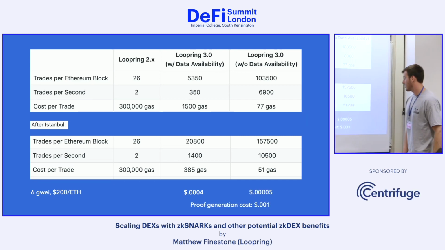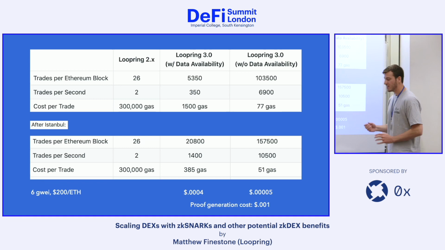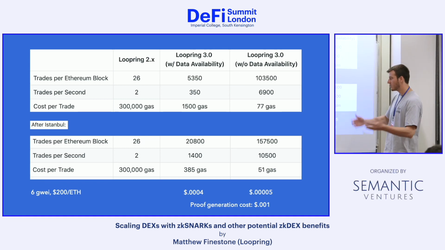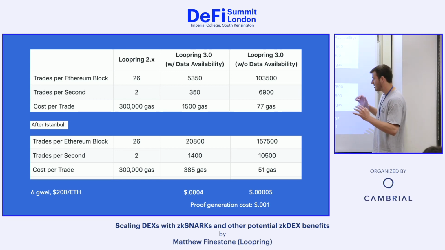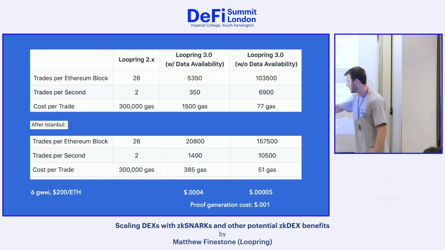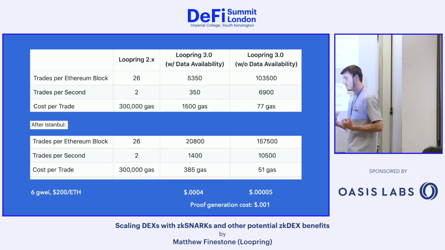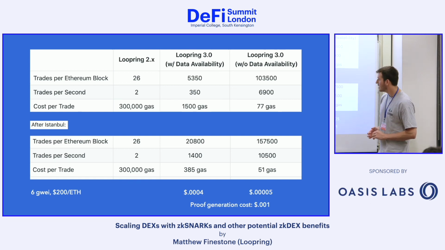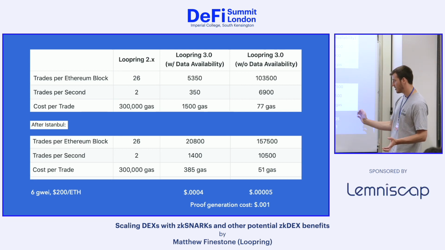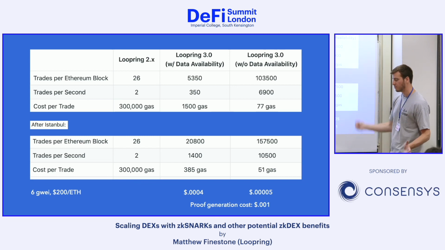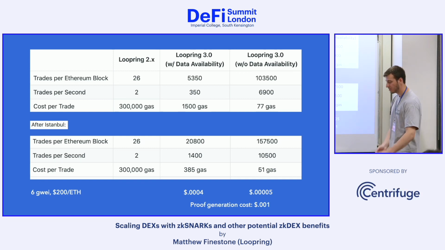So very low. The proof generation cost is the off-chain cost to prove that SNARK, just the cost of running the computations on your AWS servers or otherwise. So you have two buckets of cost here. You have the on-chain gas component for the block commitment and the verification of the SNARK, which also costs money to verify. And then you have the proof generation cost, which you could play with as you see fit. You could spin up more servers to prove faster if that's something your app or DEX requires, or you could go cheaper and prove slower.